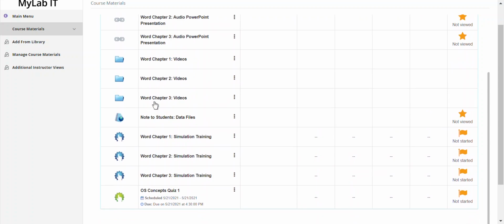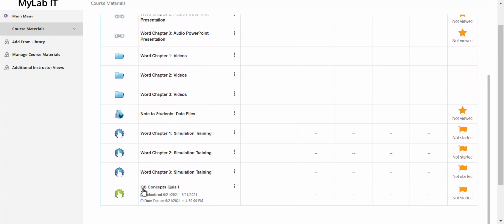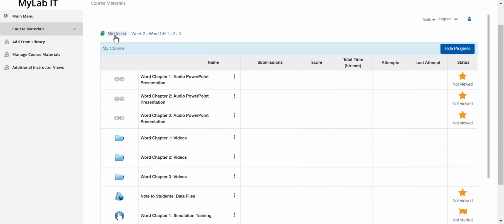But during week 2, you'll notice here that the previous week's assessment is here. So week 1, we talked about OS. In week 2, we take the quiz on OS. And that's reflected in the course outline. All right, then let's move to